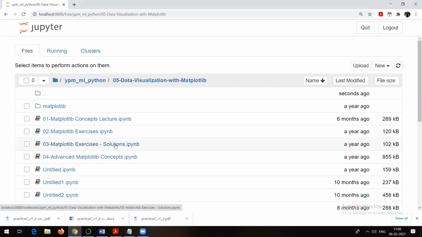Let me repeat it once again. All these files are already shared with you. There will be some assignments for you people. I'll be sharing all those assignments later on. Okay, and yeah, you need to go through all those questions. We'll be discussing all those questions once we are done with these things. For each and every topic, you will see there will be an assignment. Anyway, let's start with this particular thing, the Matplotlib concept.